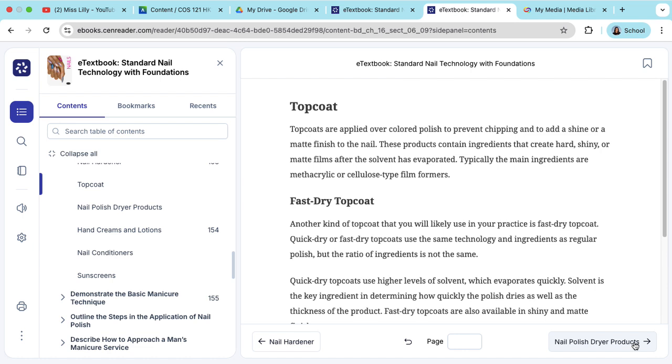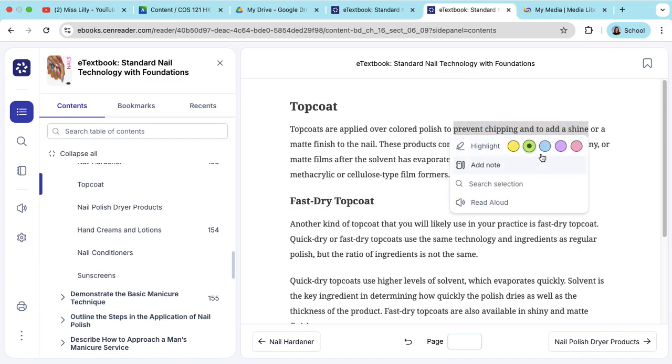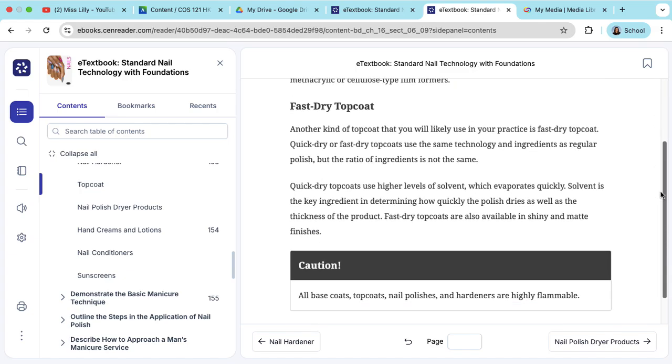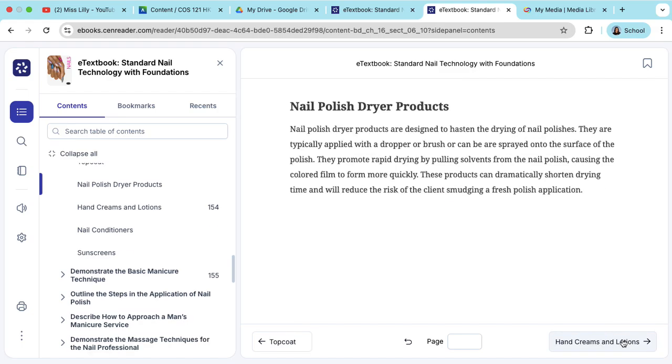Top coat. Top coat prevents chipping and adds shine to the nail color that you have applied. Fast drying top coats dry faster because they have different ingredients. Nail polish dryer products, we have sprays that do that work. It looks like a can of hairspray,